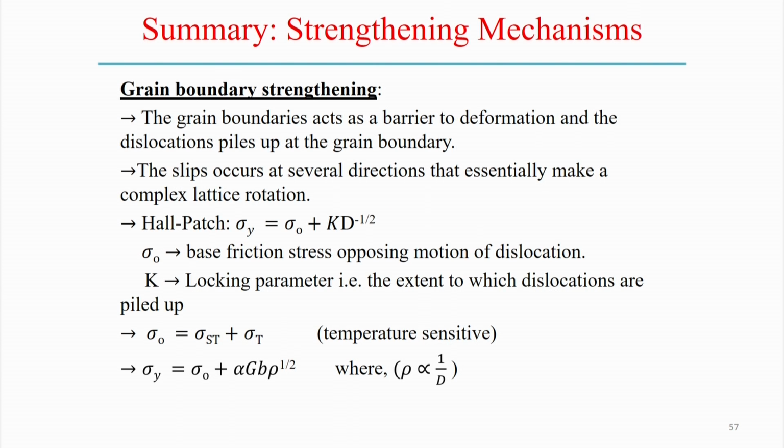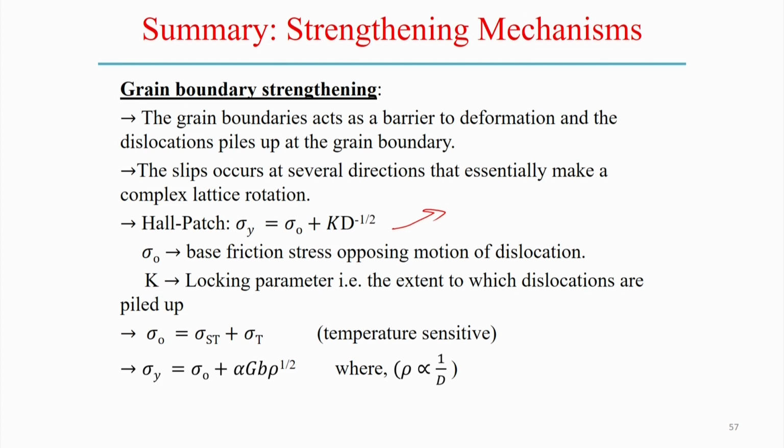Now, grain boundary strengthening. We have discussed that the grain boundary acts as a barrier to deformation, and dislocations pile up at the grain boundary. Slip occurs in several directions, and that essentially makes complex lattice rotations. The presence of grain boundaries impedes dislocation movement, and this increases the yield strength of the polycrystalline material, and that strength can be predicted by using the Hall-Petch